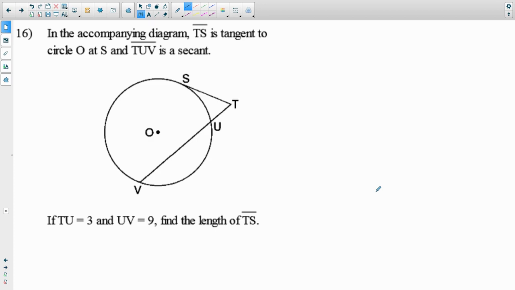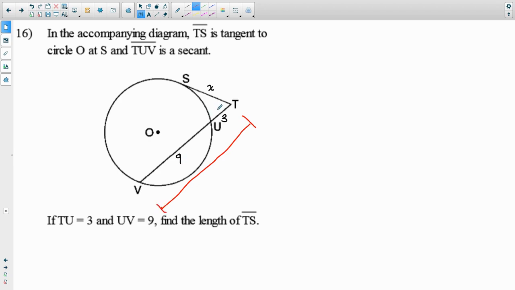16. In the accompanying diagram, TS is tangent to circle O at S, and TUV is a secant. If TU is 3 and UV is 9, find the length of TS. Well, this is not that different than the last question. However, it's just demonstrating that